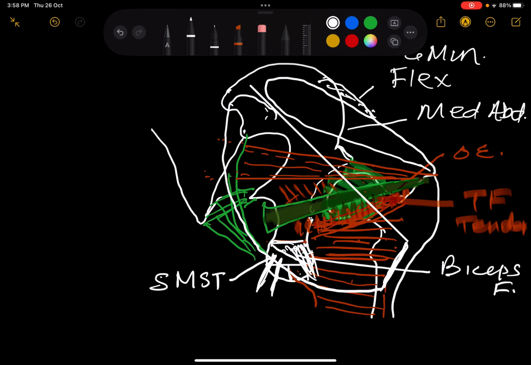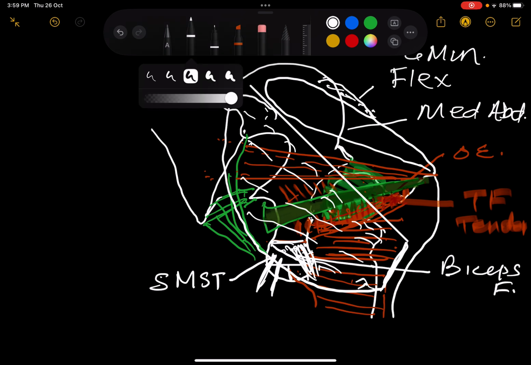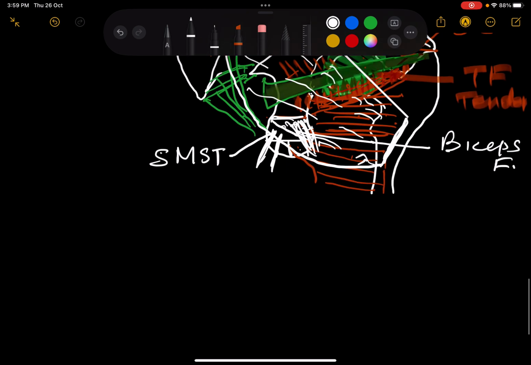So this maximus covers all these muscles. So this is the abductor and extensor apparatus, and we'll make one more, and that is